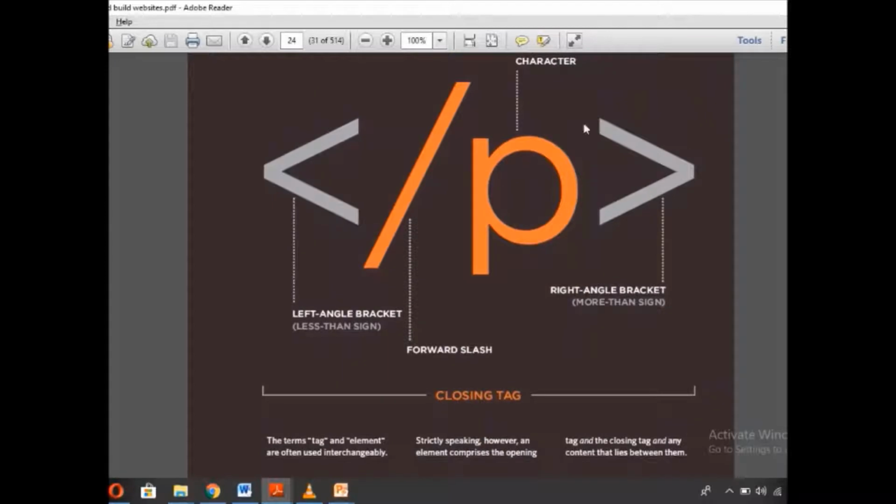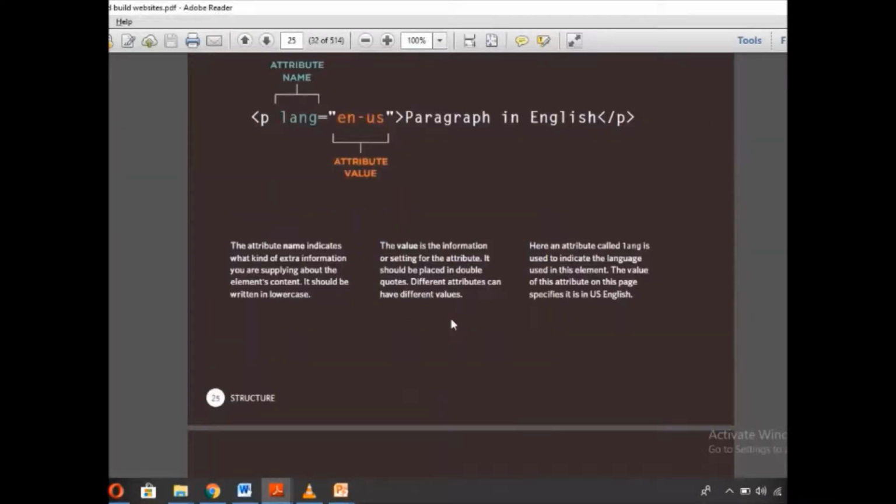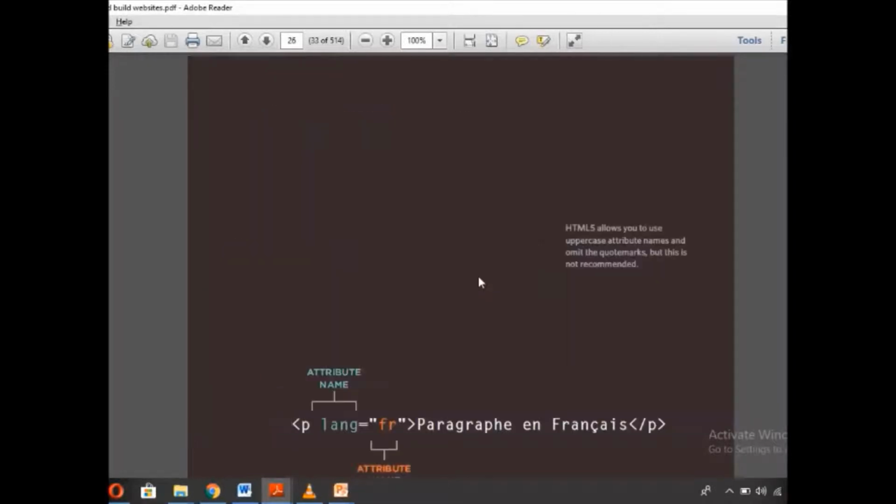And this is for ending. You can see you have the same angular bracket less than, angular bracket greater than, but the addition is this forward slash sign. Okay, so this is all about it. Also you have some attributes inside the tags. For example, this is the p tag, and this is the attribute. One attribute, you can have two attributes with spaces between them.